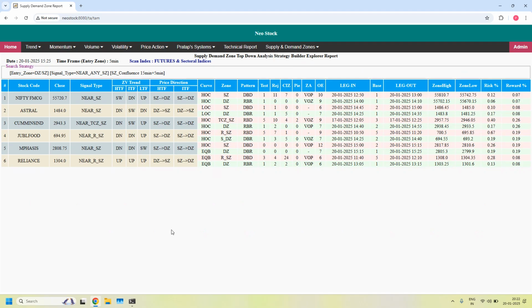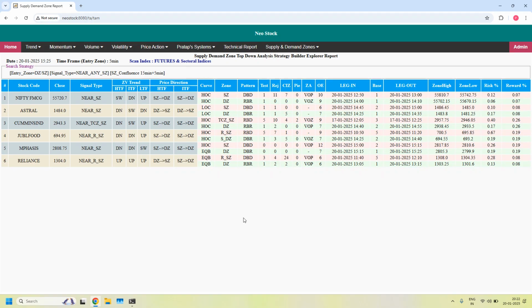We got 6 stocks. In these 6, the third one is a pierced zone. We need not use it. Remaining might be useful to you. So these 5 minute supply zones are part of the 15 minute supply zone. So this is about